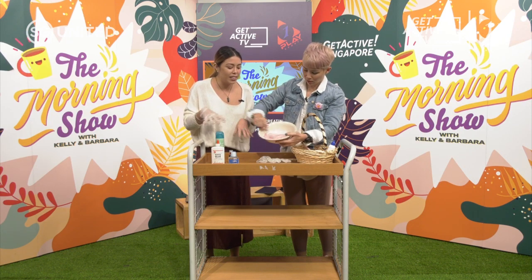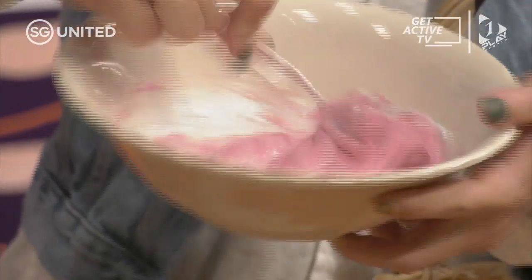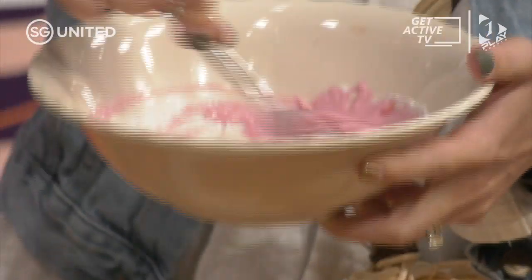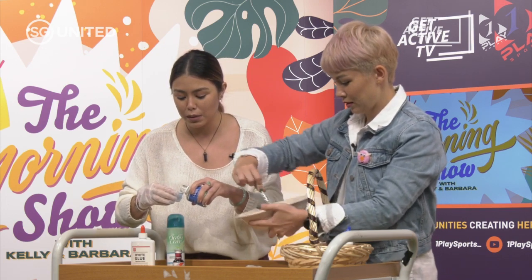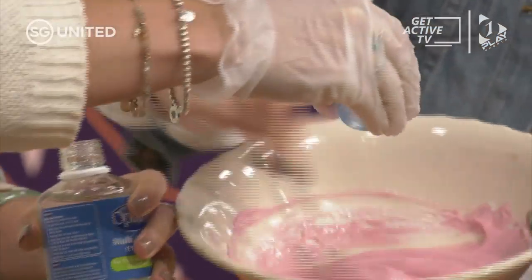So it kind of has this foamy-ish consistency, nothing like slime at the moment. And in all the videos that I watched, this is where the magic happens, when they included the lens solution. Apparently you don't need to put much. And I'm saying apparently because we're not entirely sure how this is going to go. But if it works, like,